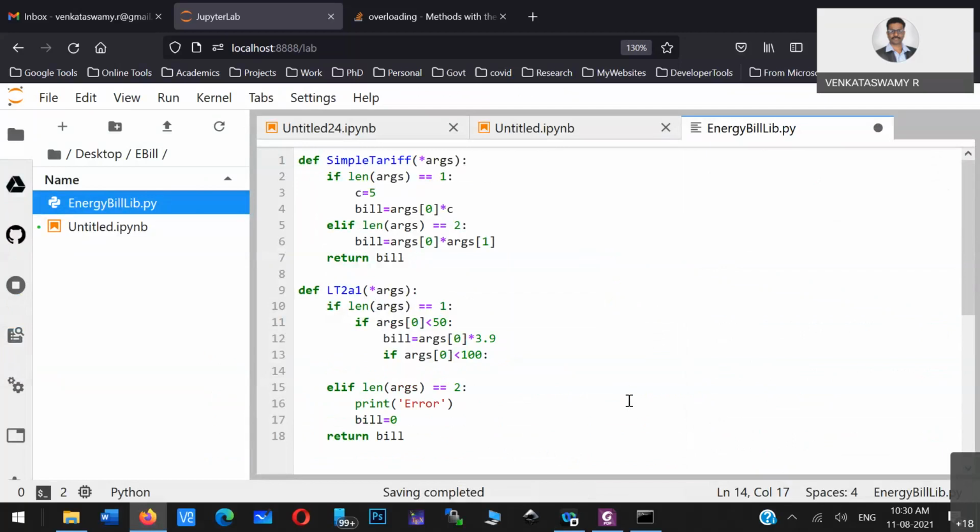So here, bill amount is equal to 50 units into 3.9, correct? That you already calculated. And then you have to calculate one more bill, a temporary bill. So temp bill is equal to